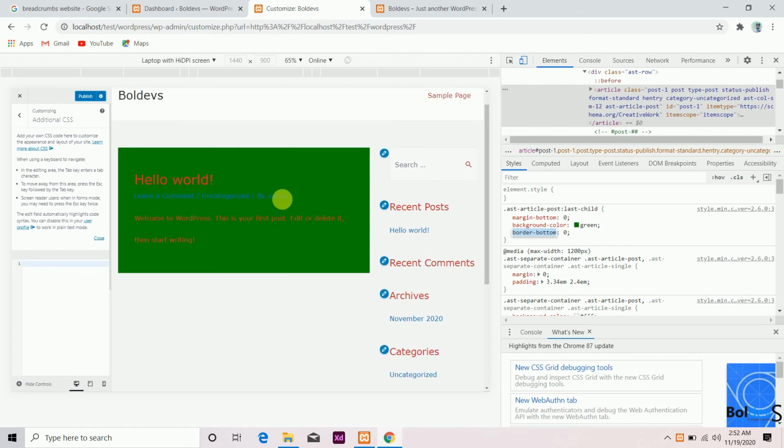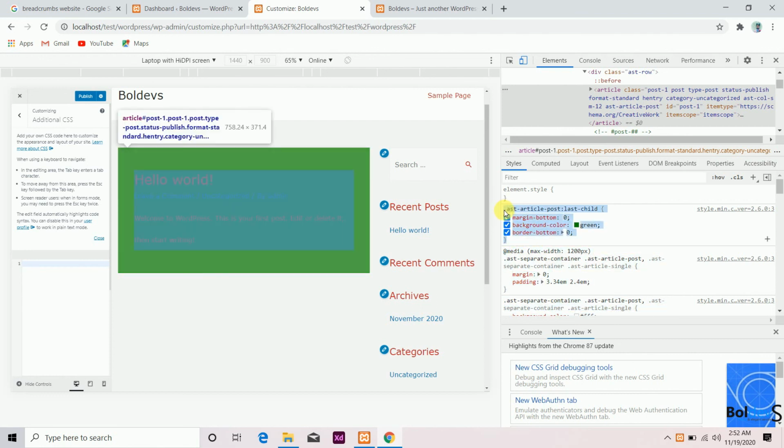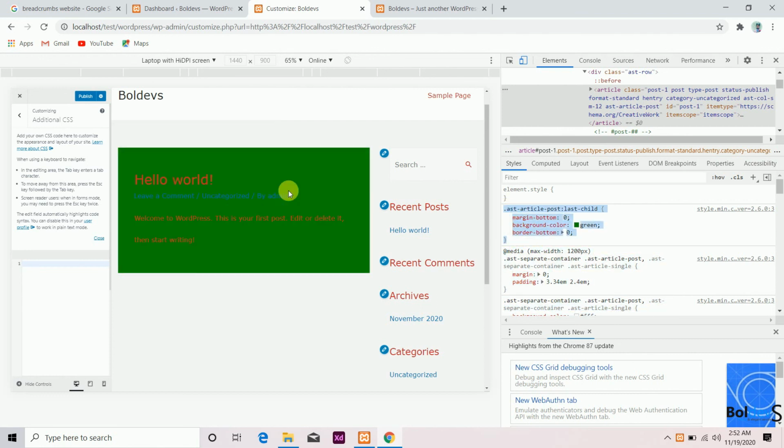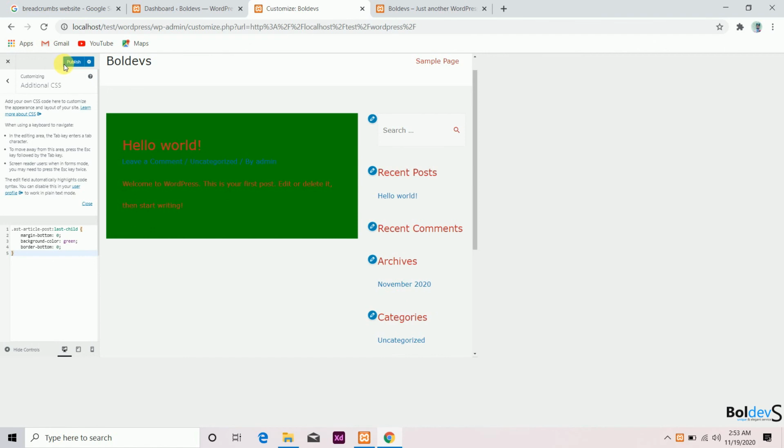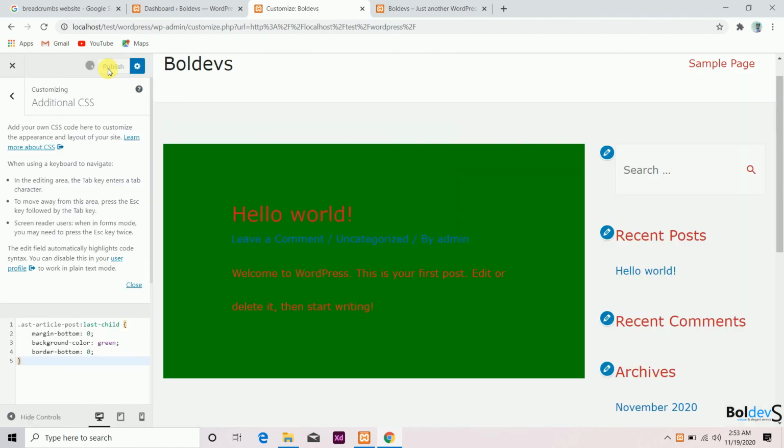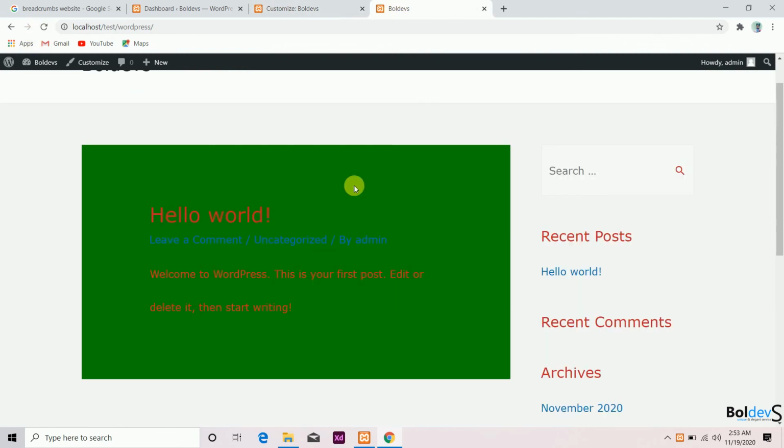So guys, to apply that globally, we have to select this code by pressing Ctrl C. Then I'm going to paste it here. Okay, after closing here, I'm going to publish. Okay, after publishing it, I'll show you. Yeah, we had already opened our homepage. I'm going to reload this. So here you can see, this is the advantage of customized CSS, so we can play with that also.